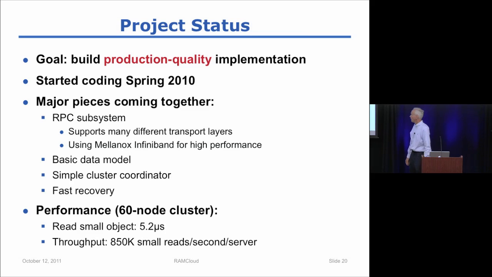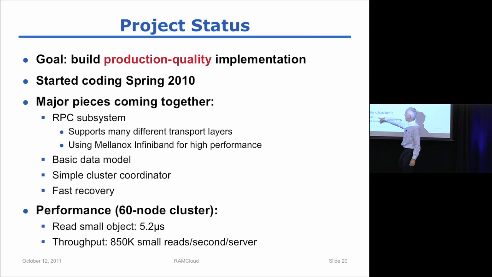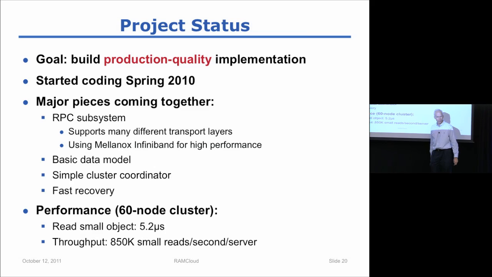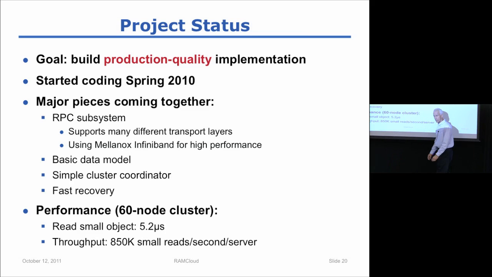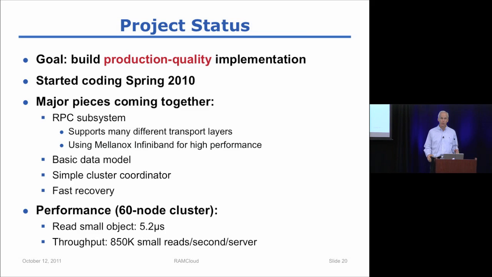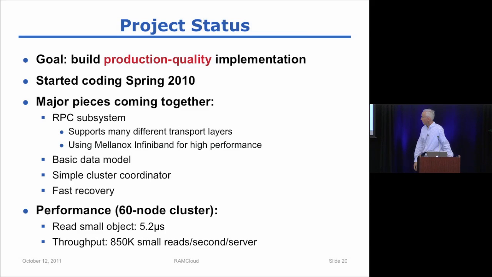Using that, we are seeing read times in a small cluster of 5.2 microseconds. This is not a data center with 100,000 nodes in it, so we're not at scale yet. But in our 60-node cluster, which is a 2-level networking structure, we would need to go to 3 levels to get to 100,000 nodes. So at 2 levels of networking, we're getting about 5.2 microseconds. InfiniBand, it turns out, is very fast. It only adds 100 to 200 nanoseconds for each level of switching. So adding a 3rd level of switching would only add a couple of 100 nanoseconds onto those times.